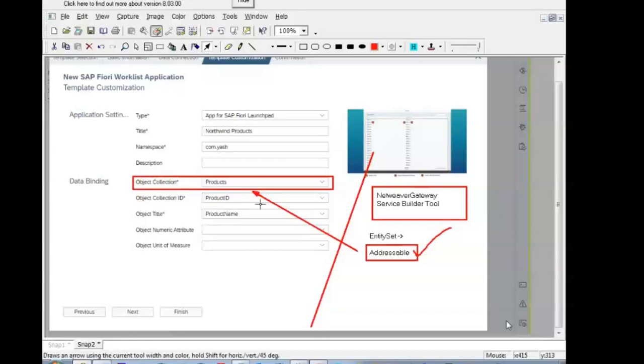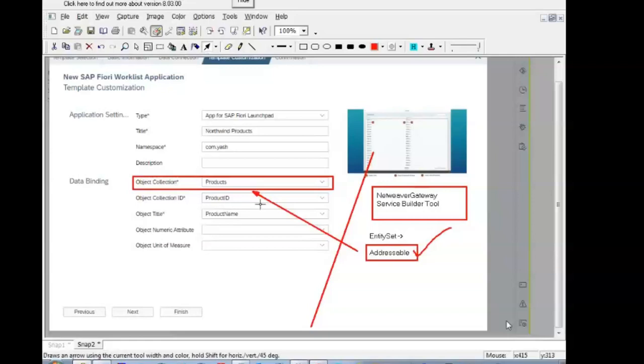That addressable field is not a mandatory field in the backend. If some of you miss that addressable section, you can go back and configure that, come back, and activate that service.